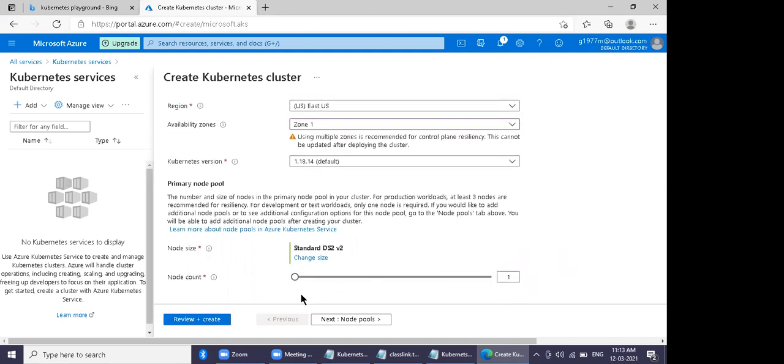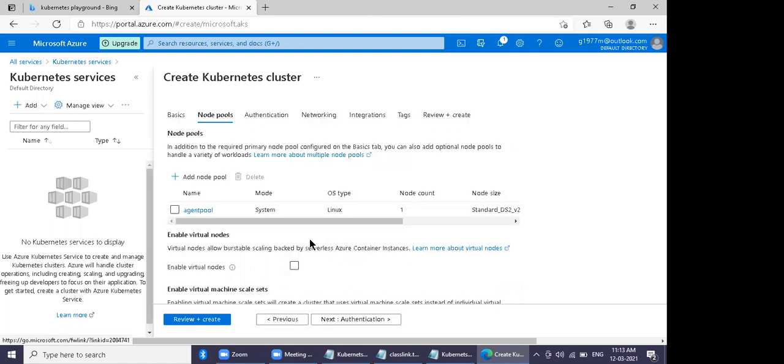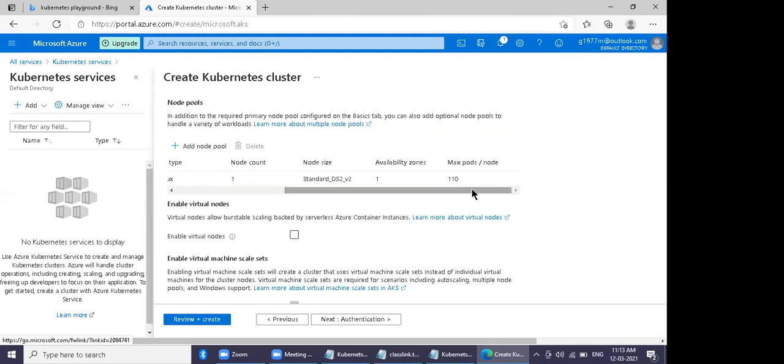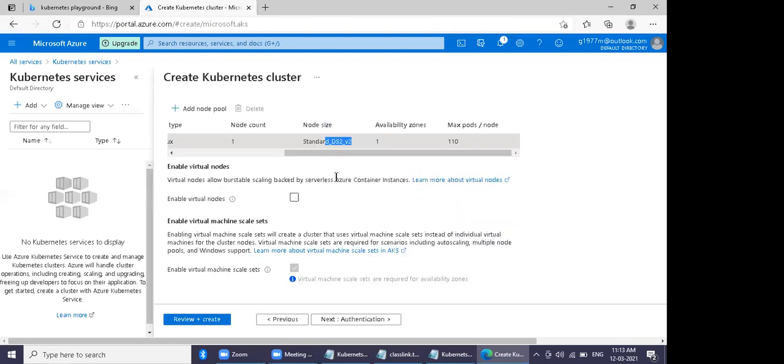Right. Now click next. Now it is going to ask you, I am going to create an agent pool for you. And in this agent pool, you have only 1 node. What is the node size? Look at the node size. DSV2 means it is going to give you 8 GB RAM. It's the highest one. But anyhow, let's modify it and make it 2. So I need 2 workers.